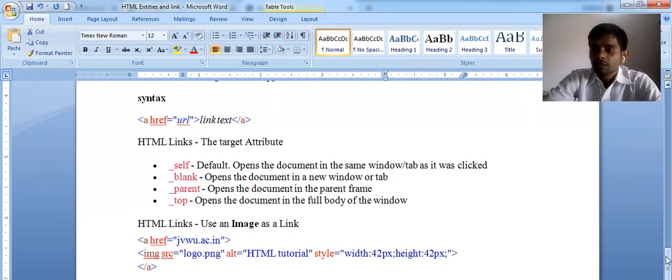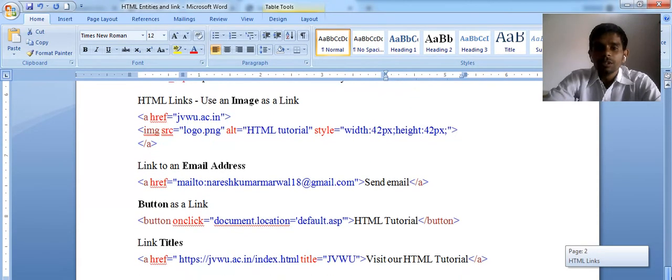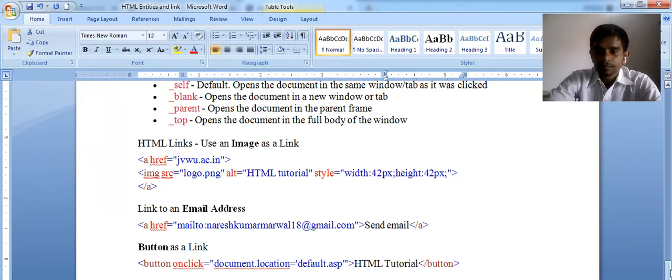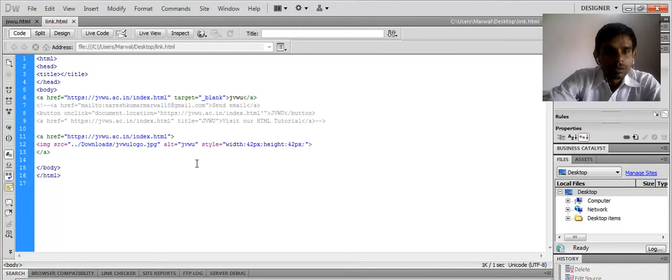Now the same thing we can do with an email address. It means that on click of an email address I want to move to Outlook Express. Let's see how.